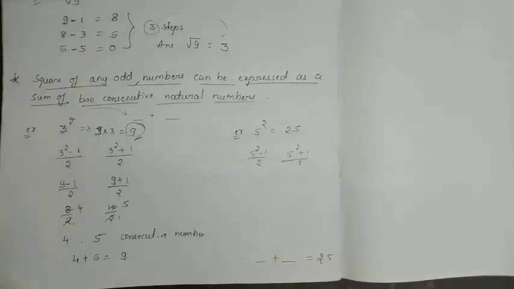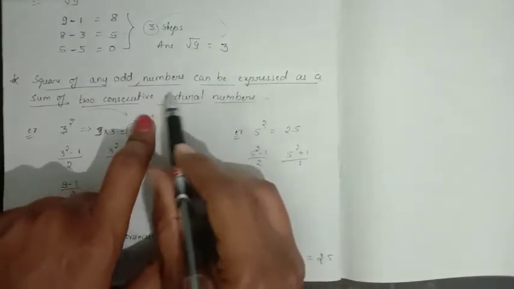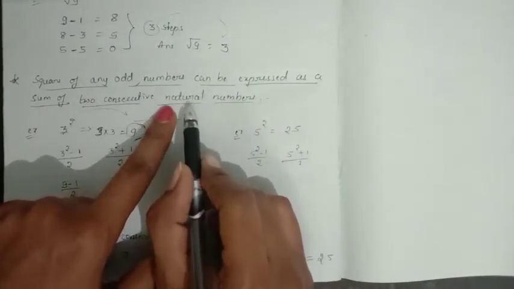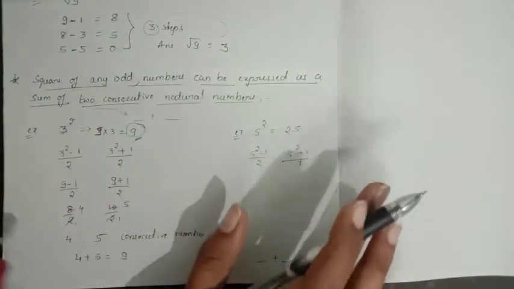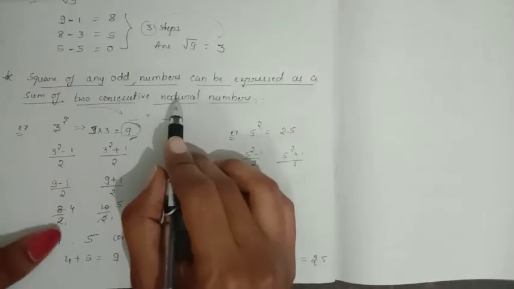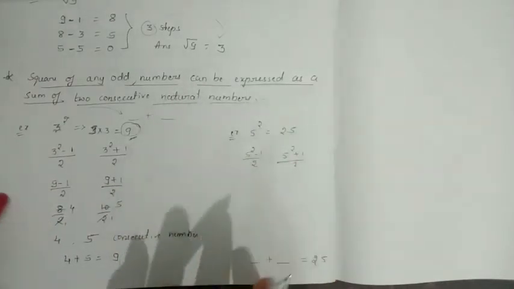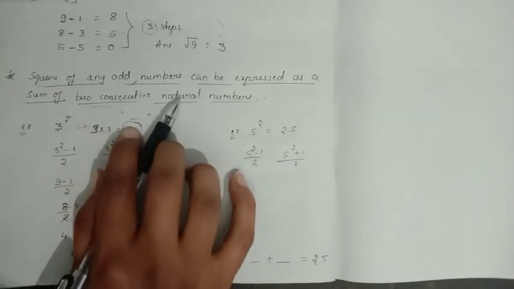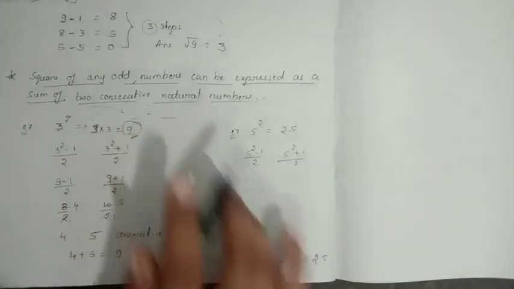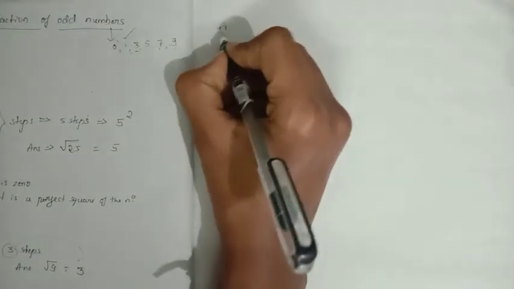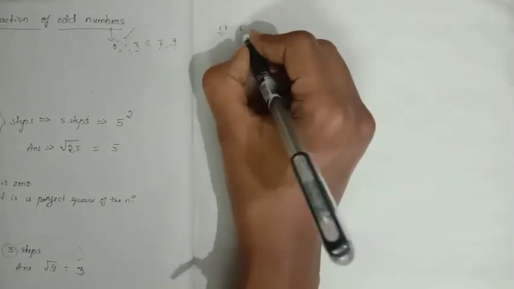And there is one question. They should not give natural number; instead of natural number, they should give whole number. Why? Because if it is a natural number also, it is right, but if it is a whole number, then it is perfect. In the reader they have given natural number, which I think is not right, and there is a reason. If you take the example of 1, 1 is also an odd number.